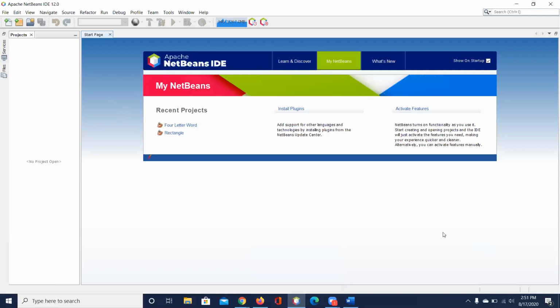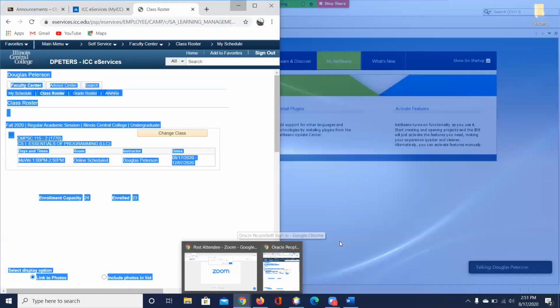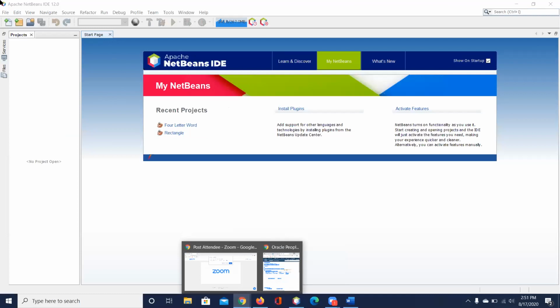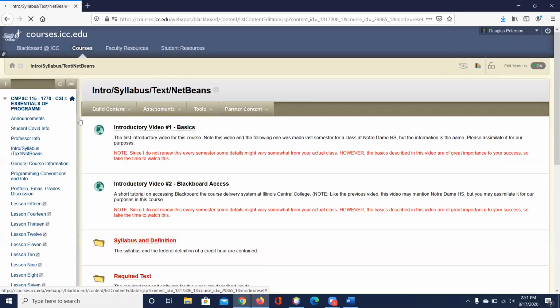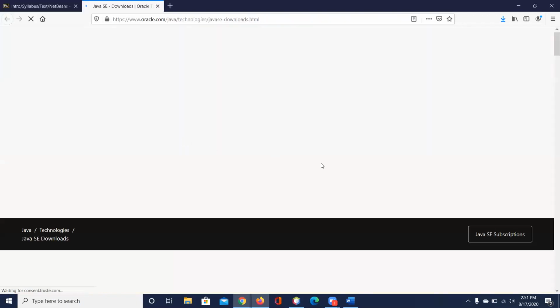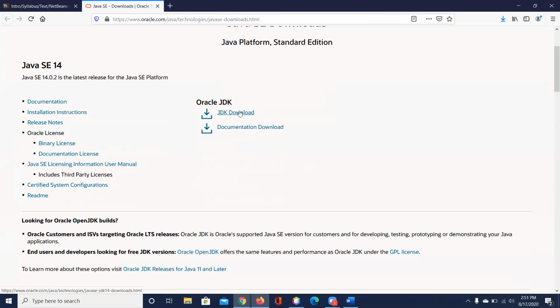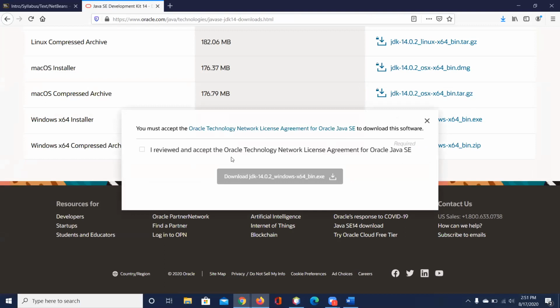So I'm not sure what plugins I need. Yeah, it would be Java SE. Let's see here. Yeah, from the first screen in NetBeans, it has download plugins or whatever.